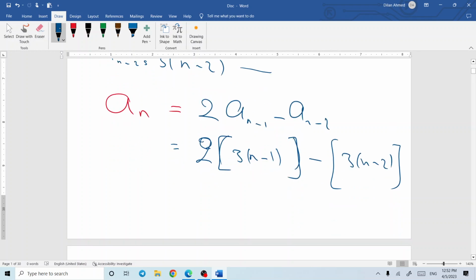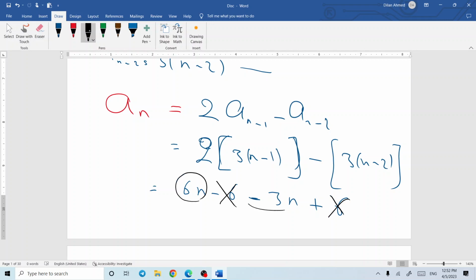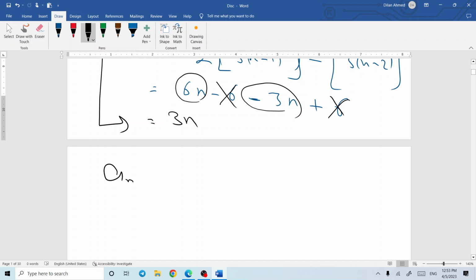So I'll get what? Let me check. We will get 2 times 3n, so I'll get 6n minus 6 minus 3n plus 6. Am I right? After multiplication, dears. Then minus 6 with plus 6, and 6n minus 3n. I got what? Did I get the an that we waited for? Yes. So this means that an, which is equal to 3n, is a solution